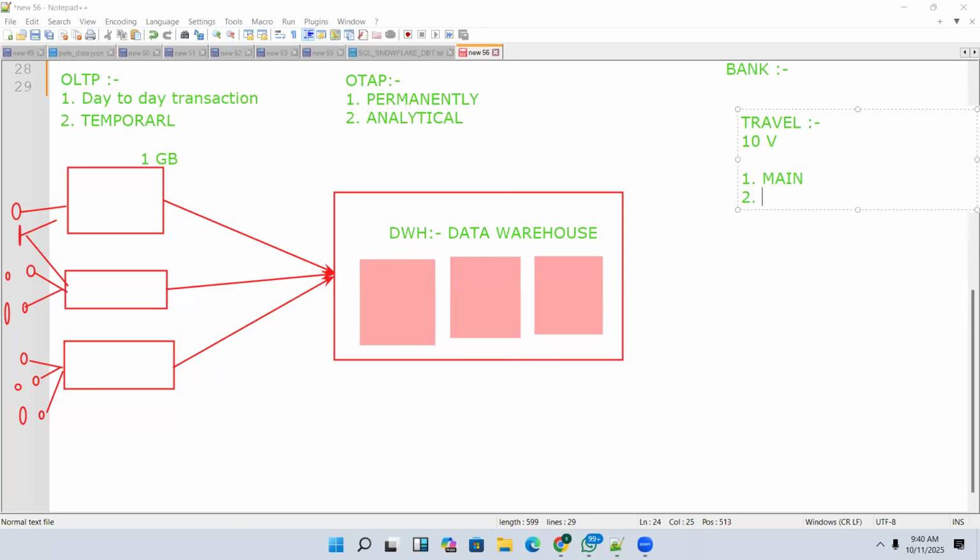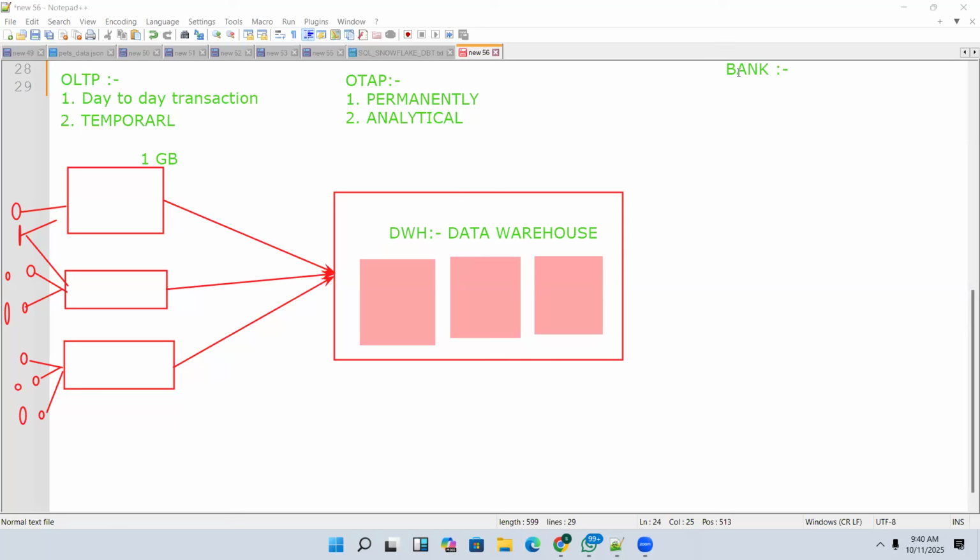Similarly, what about very big retail companies, bank transactions, or insurance companies? It's a very huge volume of data. Lakhs of users, customers, and employees will be there, and all their data will be stored in data warehouses. Now what organizations will do is take the data from their data warehouse and build some reports. For example, guys, there is some sales.